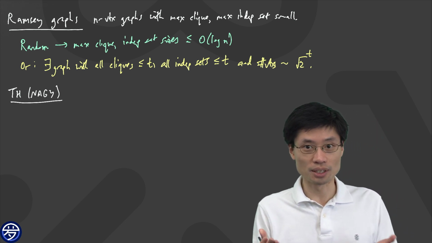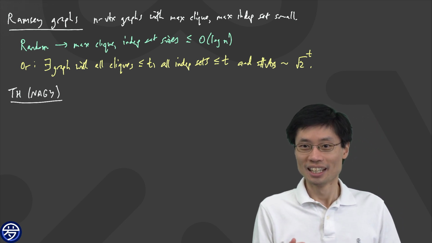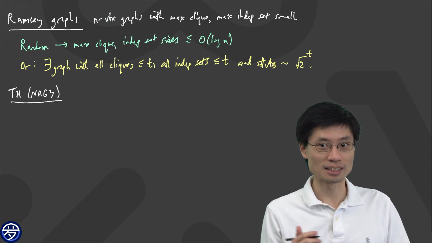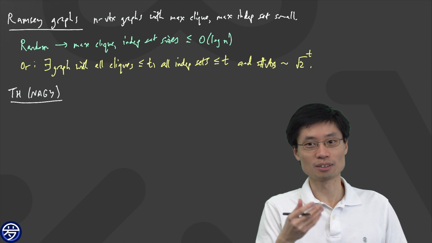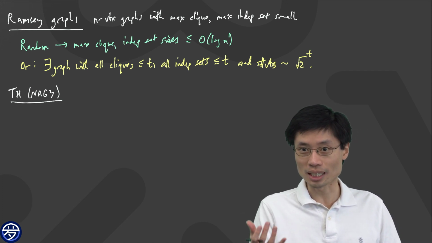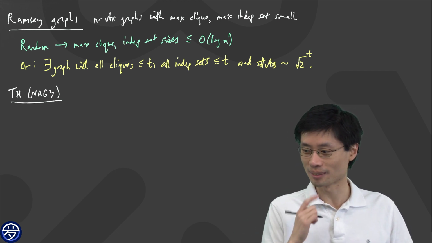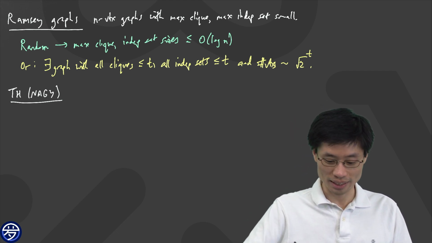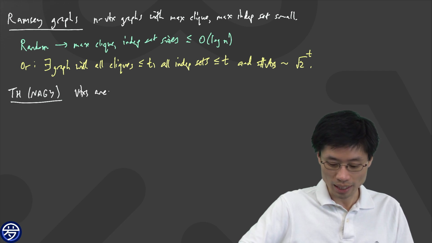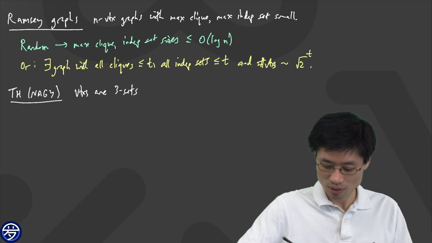And Nagy observed that you can do something quite different. We can try to make this kind of an object where there are bounded size cliques and bounded size independent sets, but you can use the vertices to be subsets. I mean, you just take subsets of a big set and let those correspond to vertices. And the particular construction that Nagy had in mind was that the vertices are 3-element subsets. I'll call them 3-sets. 3-element subsets of the numbers 1 through, I guess we can call it t.